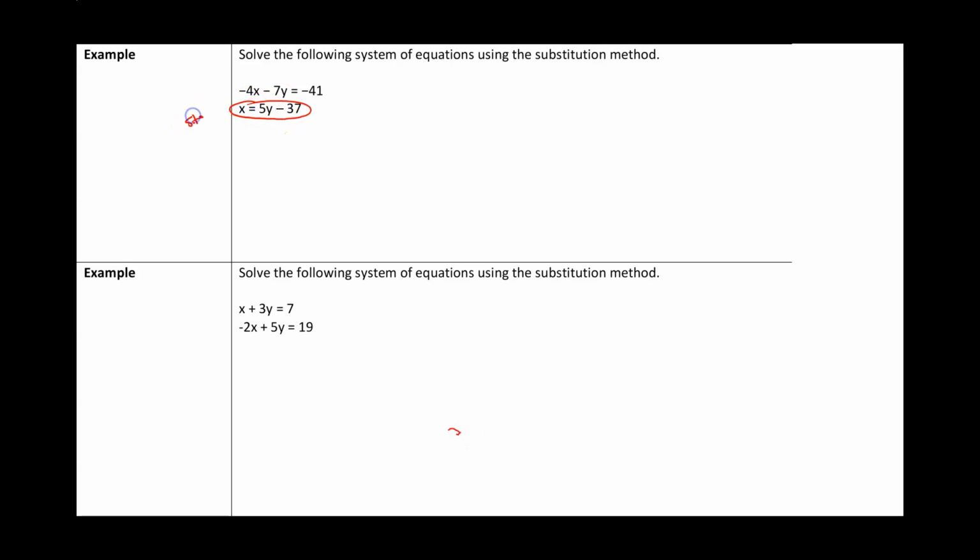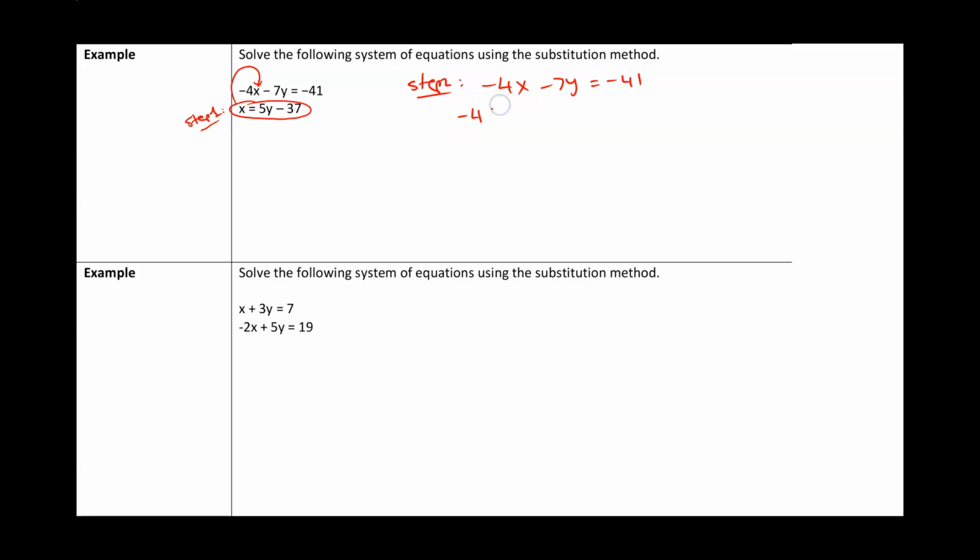So step 1 is done. That's step 1. It's done for us. So now we have to go to step 2. In step 2, we take that variable that's by itself and plug it into the other equation. So in the other equation, which is negative 4x minus 7y equals negative 41,